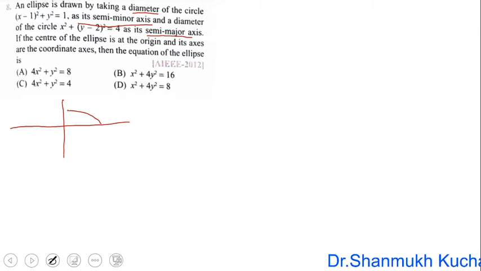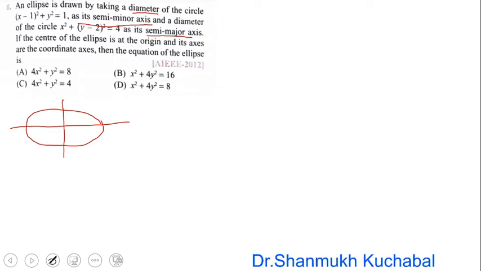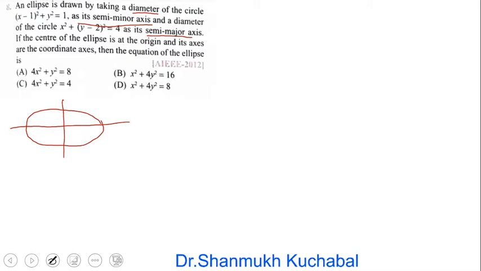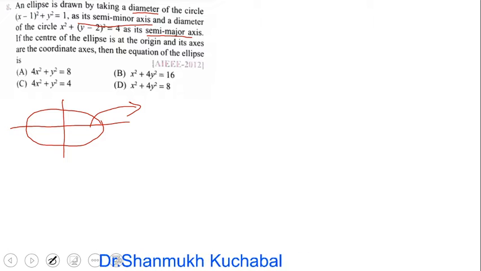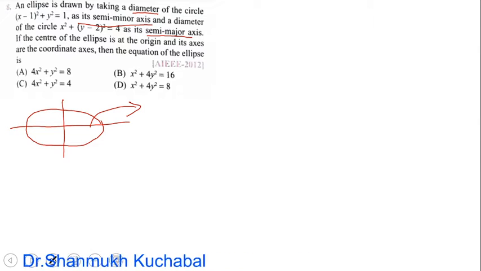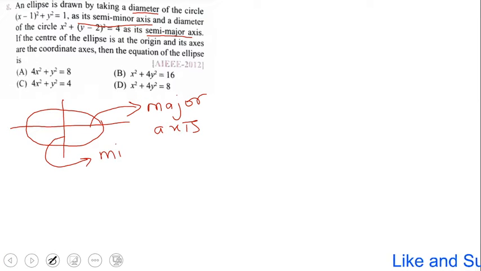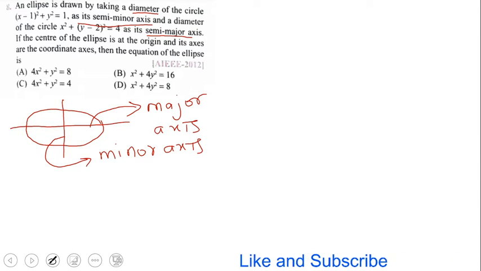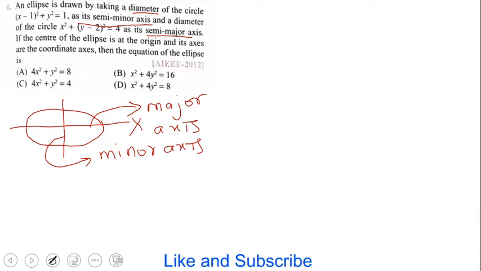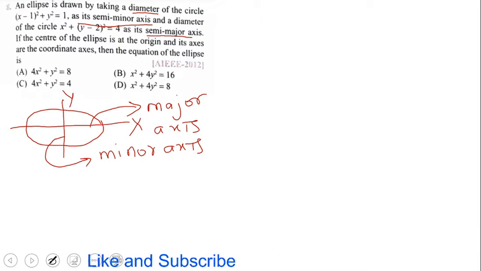So I'm going to explain this using a diagram. I'm going to draw the ellipse here. This is our ellipse. Further, in the first equation, x is the variable, so it will become the major axis, and the next one will be our minor axis here. The y coordinate is the minor axis, and the x coordinate is the major axis.